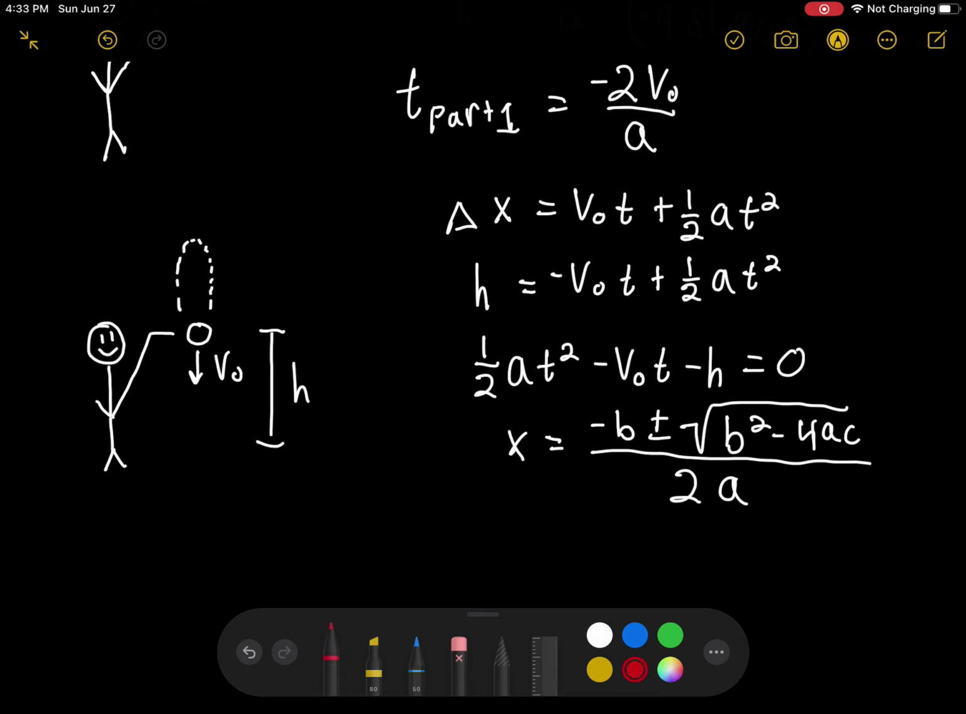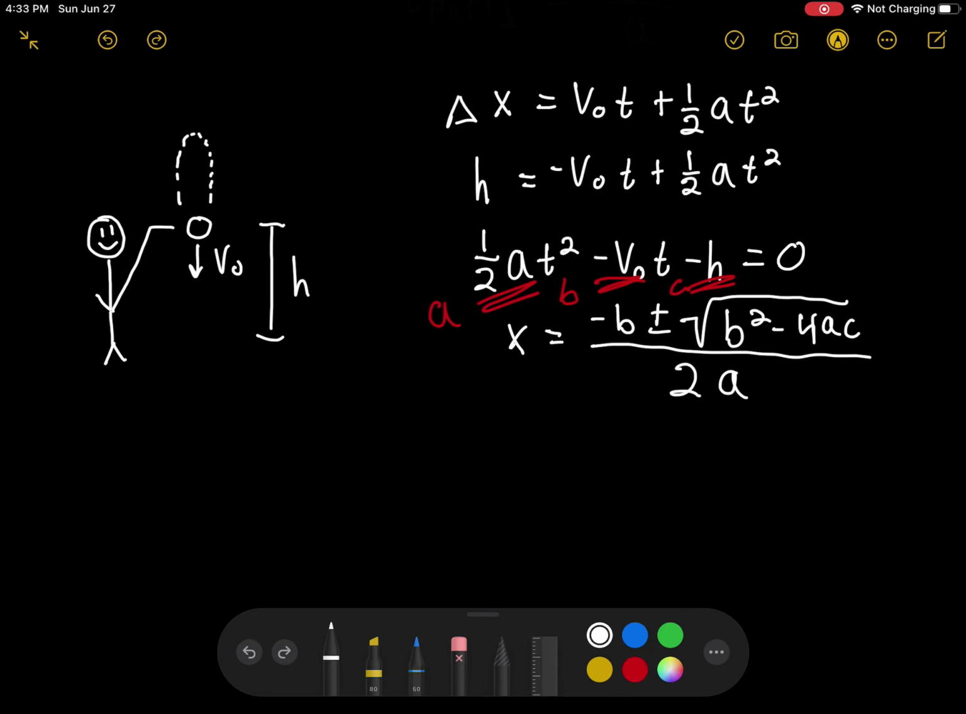And to make this even more obvious, this will be your a, this will be b, and this minus h will be c. So let's try plugging that in. So the final result that we're going to get is t for the second part, I'll say t part 2, is equal to v naught plus or minus the square root of v naught squared